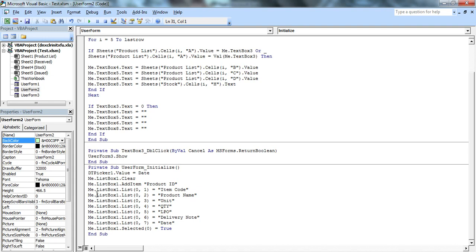Then me dot list box one dot list 0. What is 0? 0 is our row, because we want this heading displayed on the top of the list box. So in all these lines we mention 0, because we want all these headings displayed on the top of the list box. But we keep changing the column number as we have in our receive sheet.